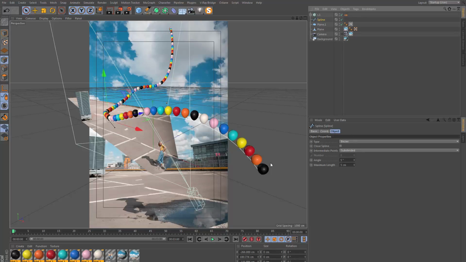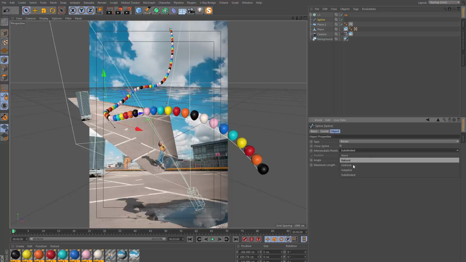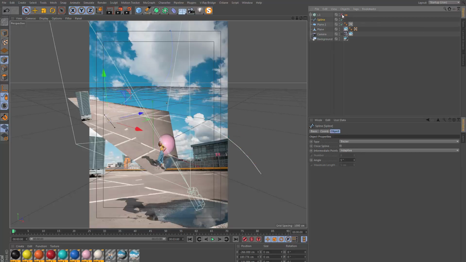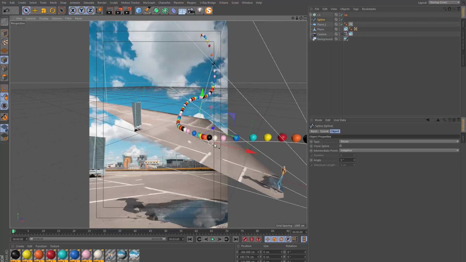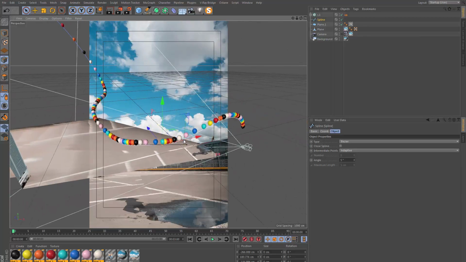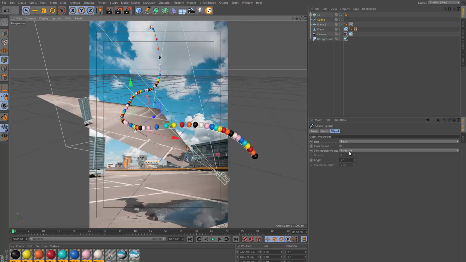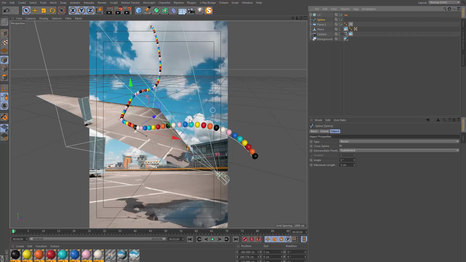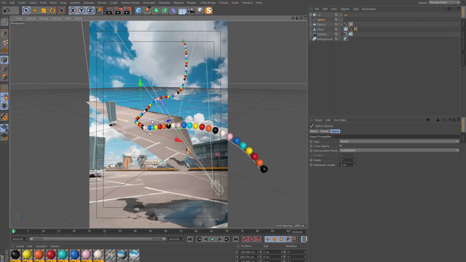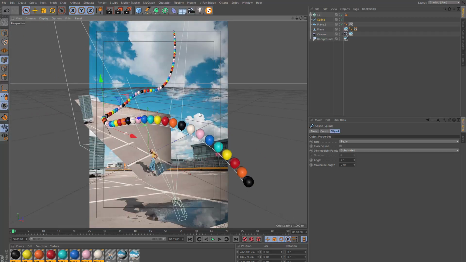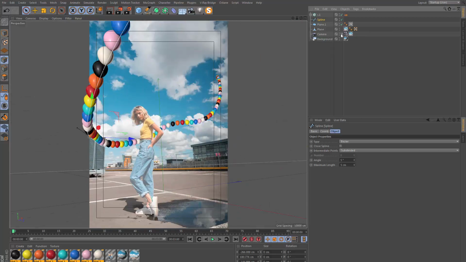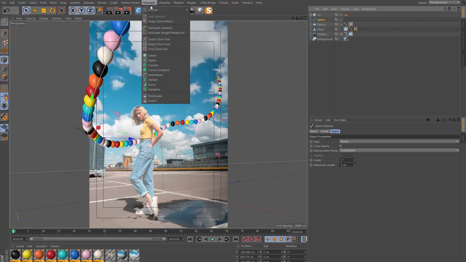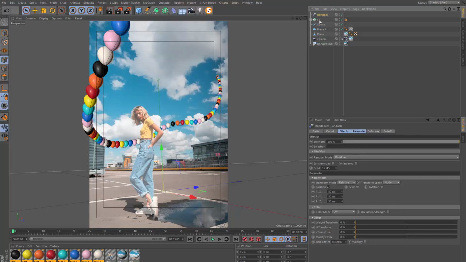By default, the clones will come in and your spline is going to be adaptive, so they will be more concentrated in the areas where the spline is bending, where there are more segments. So I have to change this to subdivided, and if I reset the cloner, we have some more evenly spaced clones. Okay, and inside of this, looking through the camera, I can go to effector and random,